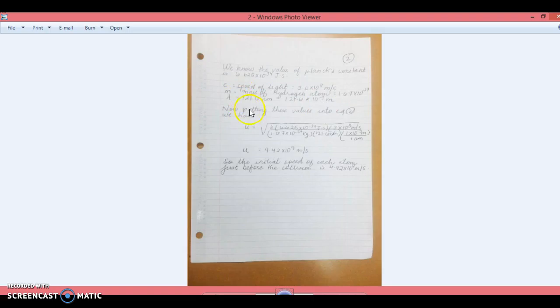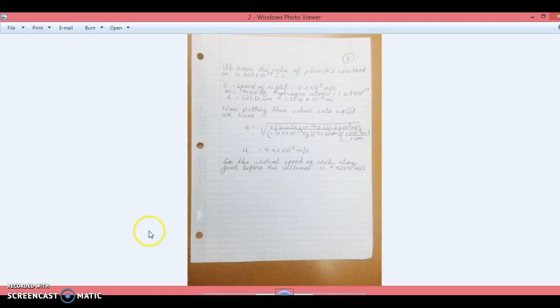Putting all these values into the equation that we got earlier, we get the value of u, the initial speed, which is 4.42 times 10 to the power 4 meters per second. So the initial speed of each atom just before the collision is 4.42 times 10 to the power of 4